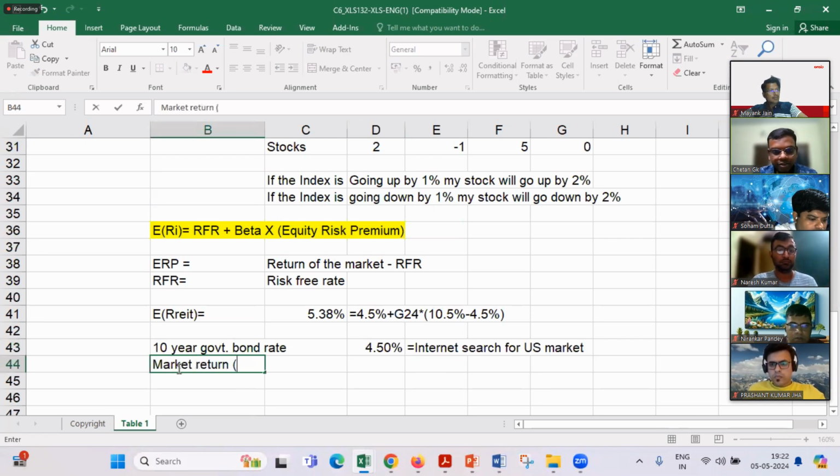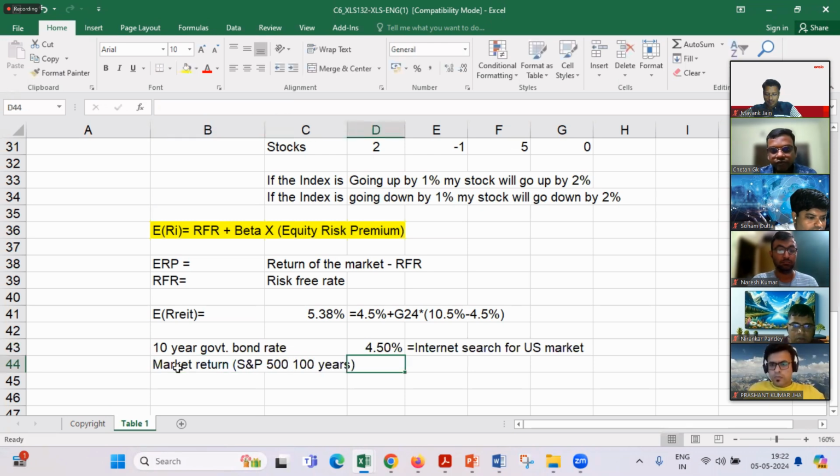The market return is the S&P's 100-year return. You may ask, sir, what about the Indian scenario, where we don't have 100 years of data? Since inception, you can take 11.5 to 12% CAGR. Is it fine for Indian stocks? And the market return is 10.5%.